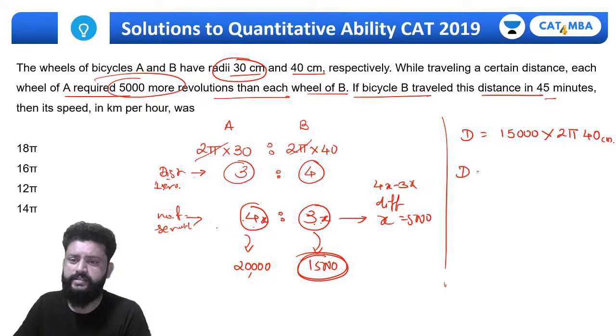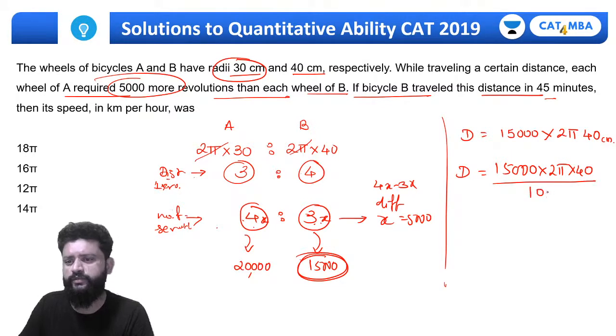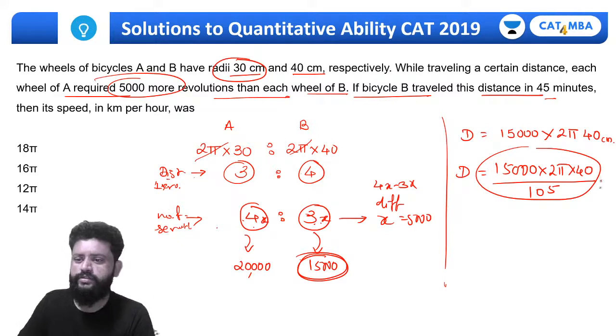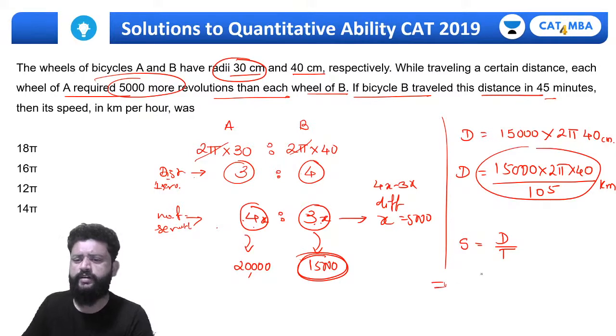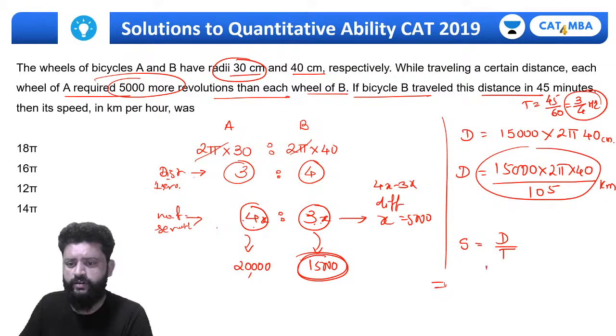So definitely this distance will be 15,000 into 2 pi into 40 divided by 10 to the power 5. The distance, and now the distance will be, right. And we know the speed is distance upon time, so I'm not just calculating it, I'll just calculate the final answer. So distance, we know time is 45 minutes, which is nothing but 45 divided by 60 comes out to be 3/4, right? So I need to calculate 15,000 by